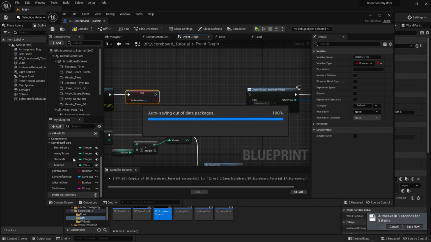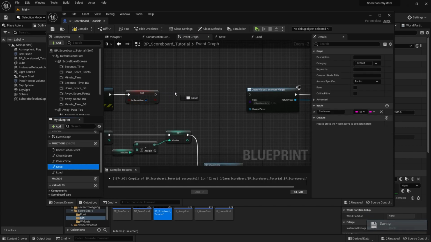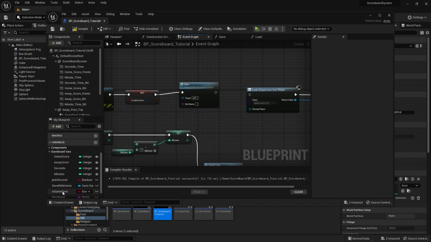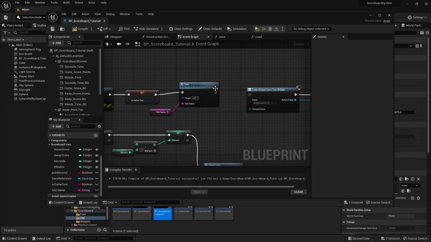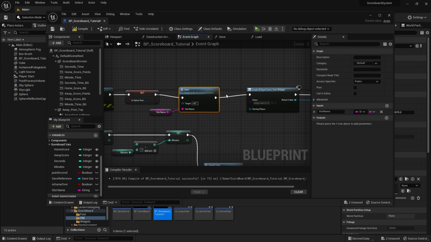And then same thing, I'm going to add in the save function and then plug those in, and then have the slot name plugged into the slot name over here, and then link that up into the create widget node over here.